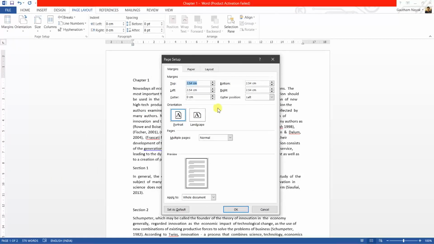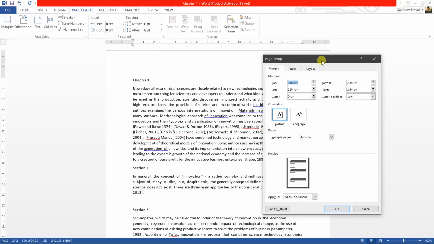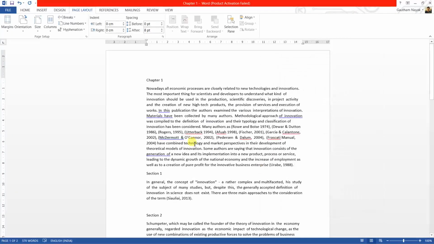Now in the page setup, in margins, you can see top, bottom, left and right have margins of 2.54 centimeters. For our document, we will set the left margin to 3.81 centimeters. Once you have given that dimension, click on OK.